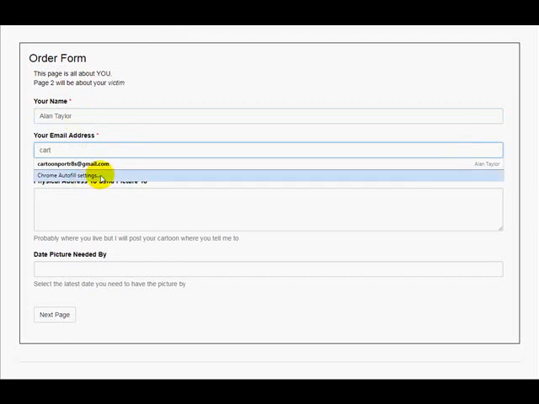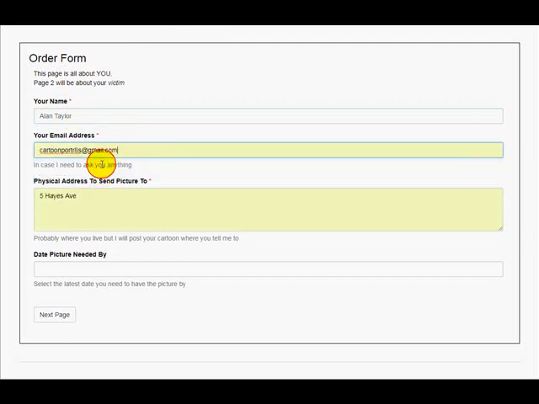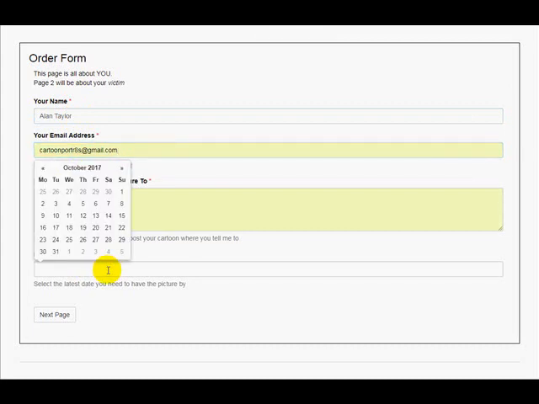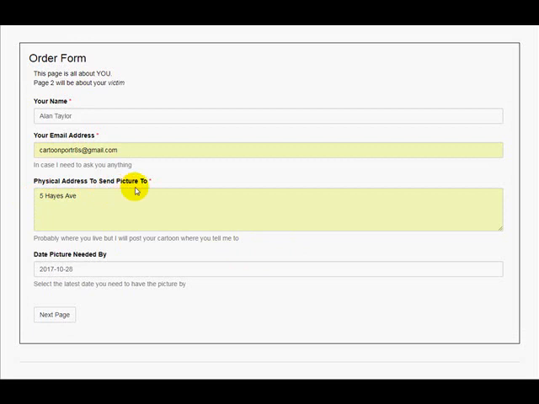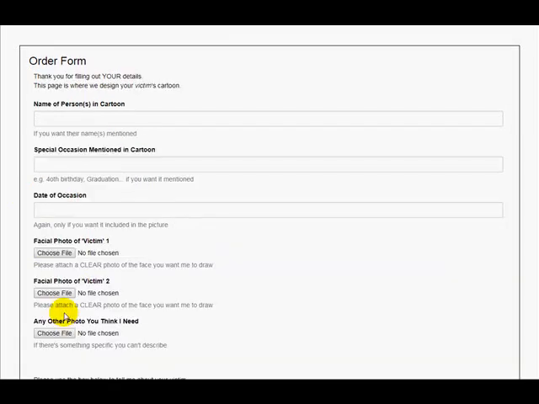Actually, I'll click on this and it will fill it in with stuff I've already filled in elsewhere. Date, picture needed by, you would obviously choose the real one. I'm just going to click one at random here, and in this physical address you would put a full address as well rather than just one line like I have done. So we'll click next page once we're ready